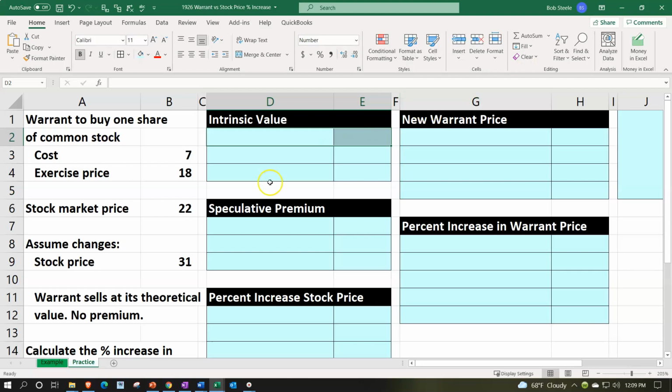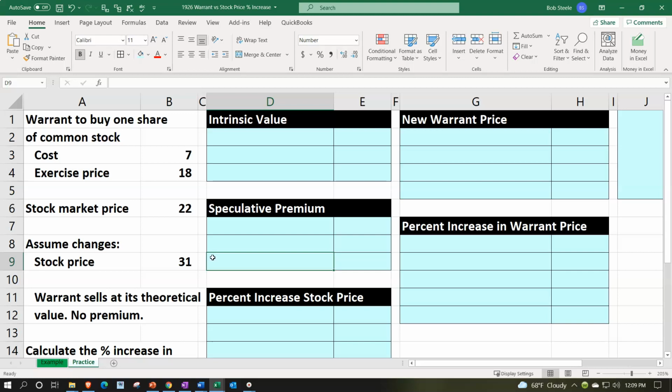Here we are in our Excel worksheet. If you have access to the Excel worksheet and would like to follow along, note that we're in the practice tab as opposed to the example tab, the example tab, in essence, being an answer key. We have the information on the left-hand side. We're going to populate that information into the blue area on the right-hand side, looking at our warrant, considering what